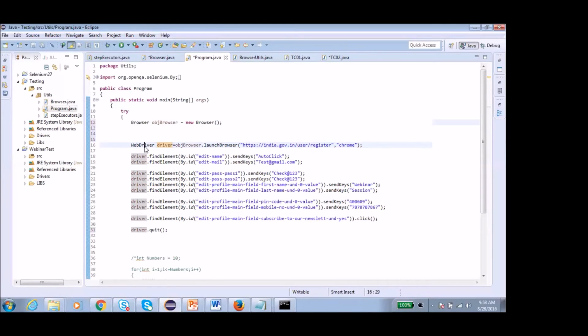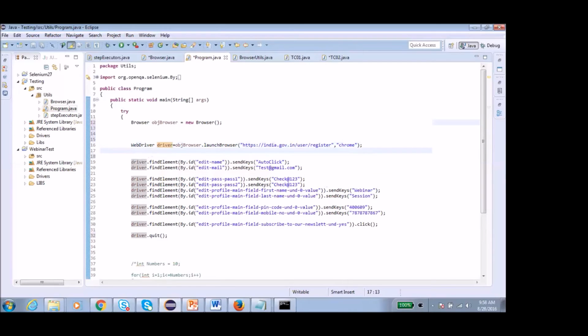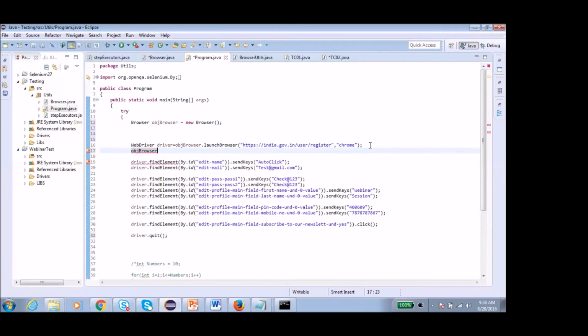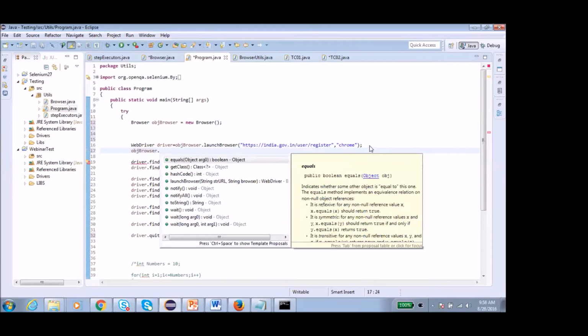So we have mentioned over here driver, and we can write it as anything over here. I have written driver equal to. When we write obj and press control space, it will show object browser class which we have created the object. Just click on that, press dot, and it will show my launch browser method over here.